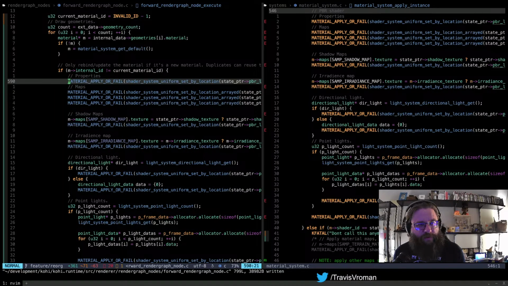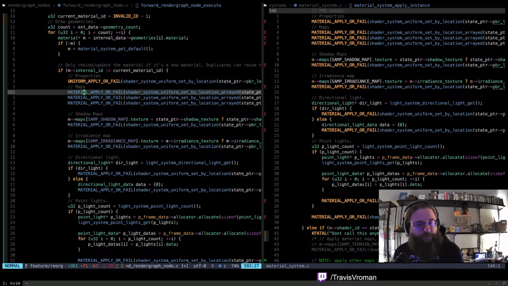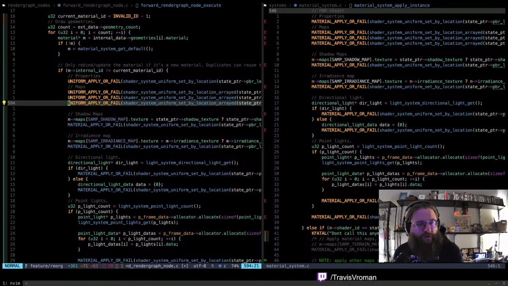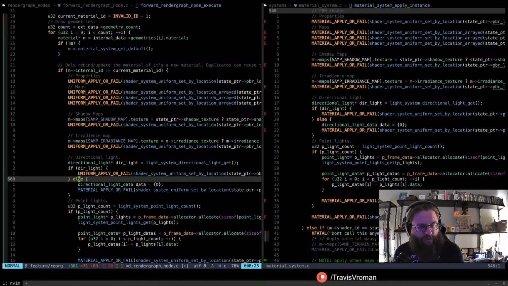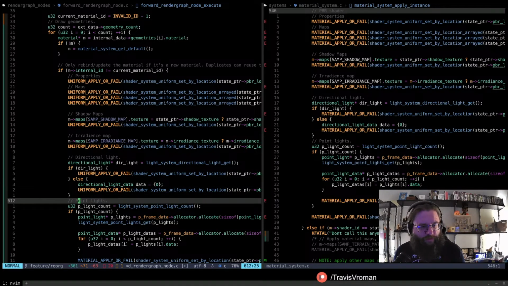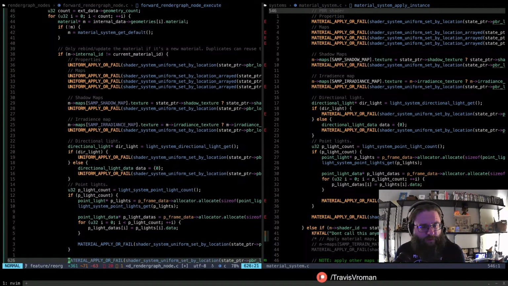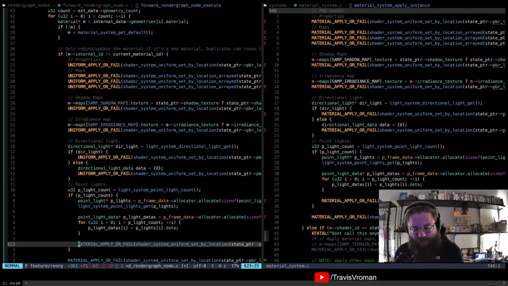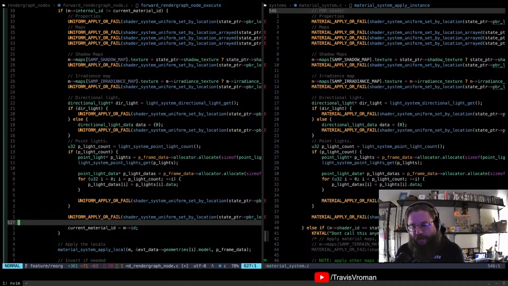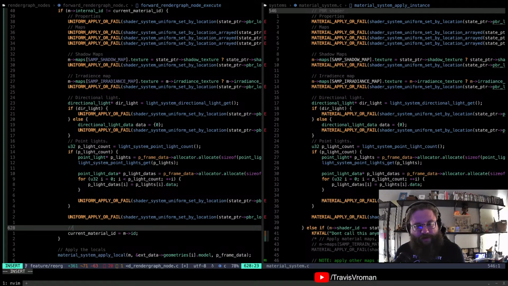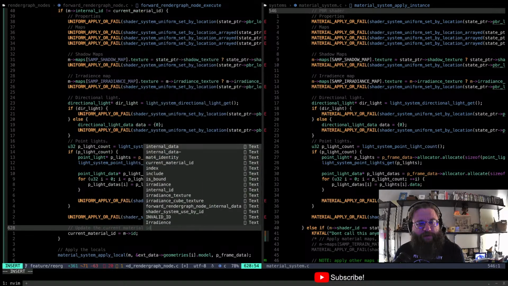And then we can do, this will be uniform apply or fail. And so we can just apply this to all of these, right? And then we got a couple more here, right? And then we update the current material ID. So update the current material ID, right?